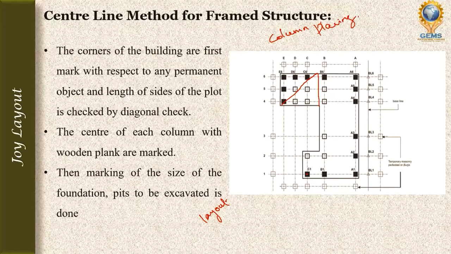So once the center of the column is marked, then we have to give the size of the column. If it is 200 by 400 mm size, means from the center 100 mm, 100 mm, 200 mm, 200 mm. This is within a rectangle, length and breadth. So length you have to divide by 2. From the center it will be given 100 to one end, 100 to another end, breadth 200 to one end, 200 to the other. So once it is marked, then we will excavate